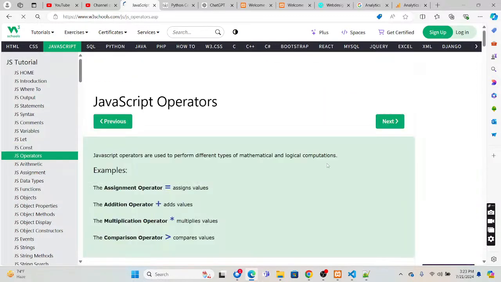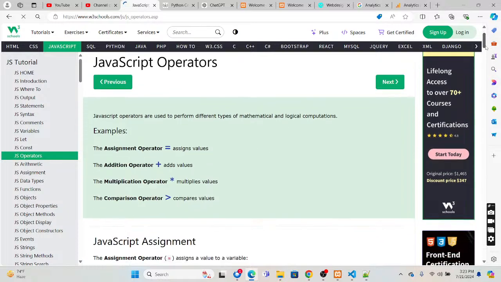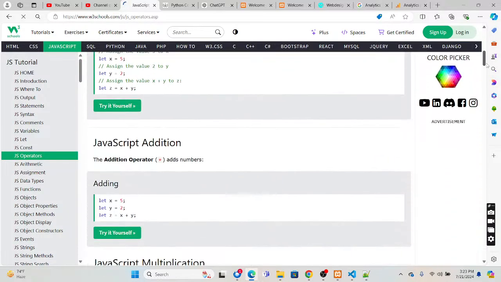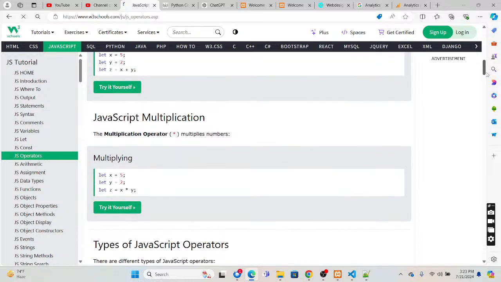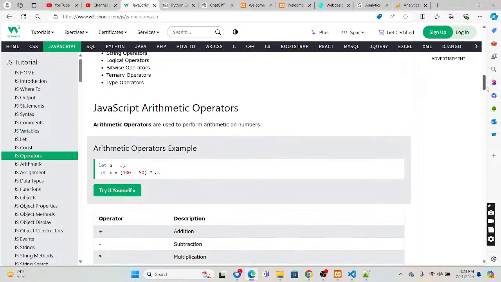We have been using constants in many programming languages. JavaScript operators include assignment, addition, multiplication, and greater than. Assignment is equal to, addition is plus, multiplication is star. There are arithmetic operators, assignment operators, comparison operators, string operators, logical operators, bitwise operators, then ternary operators and type operators.